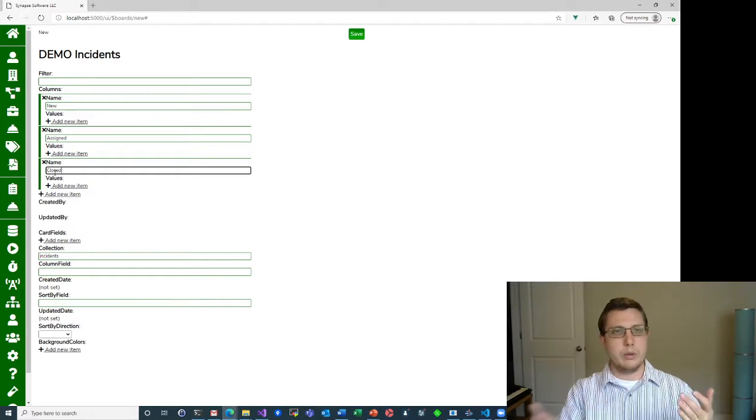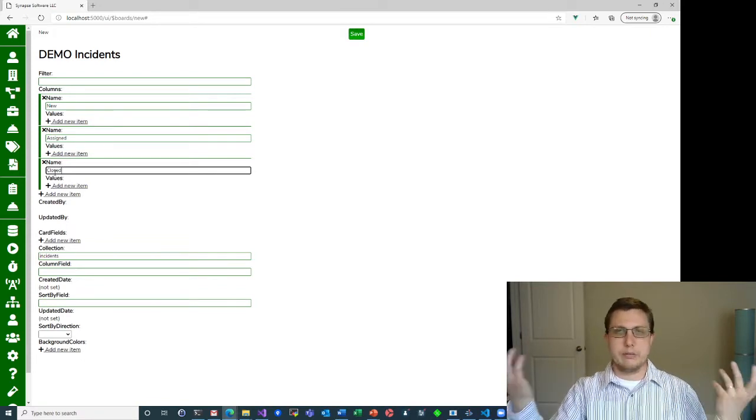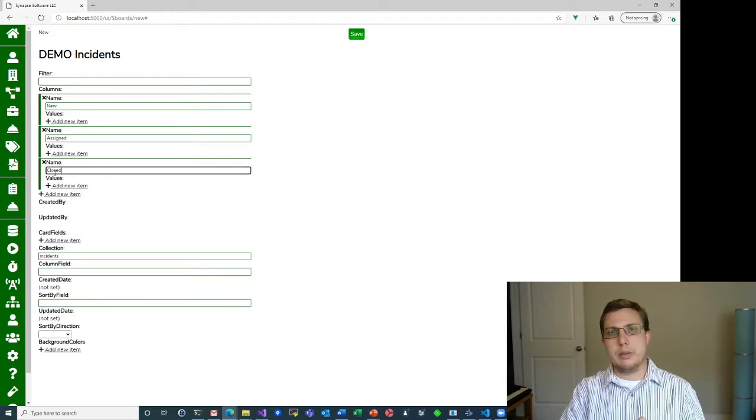Now there's nothing requiring that you name the columns exactly the same as the various statuses that you're using, or whatever you're using to indicate what list a particular record is on. In this case, it works out that way. But if you wanted to show one list of in progress, but you had several different statuses that indicated in progress, pending response, in progress, waiting for customer, whatever you wanted them to be,